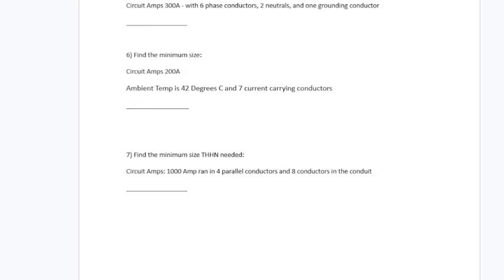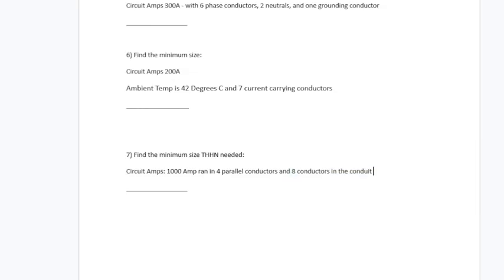First things first is deal with the first half of the question, all right? Just deal with this. Don't worry about the second half. I'm going to parallel 4 times. See if you remember how to do that, 1,000 amps. And when I have that size conductor, then I switch gears and deal with the 8 conductors in the conduit.